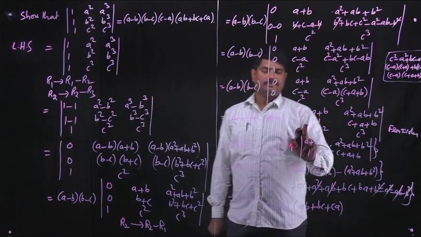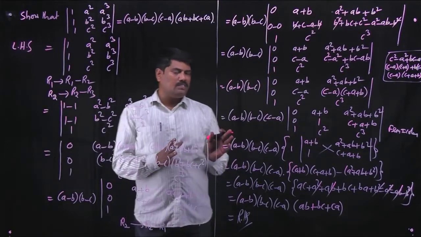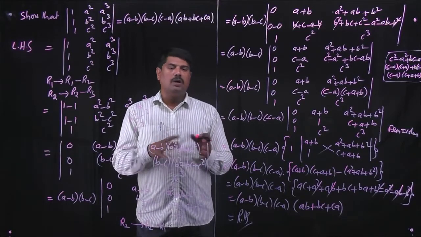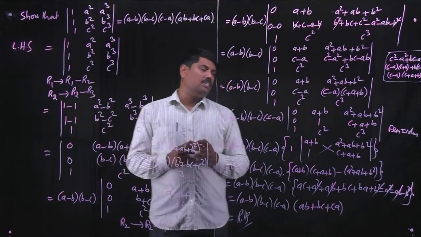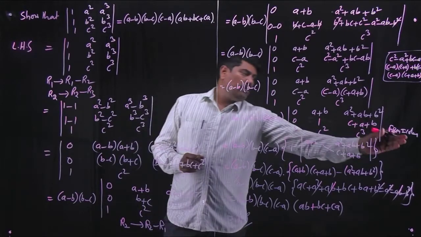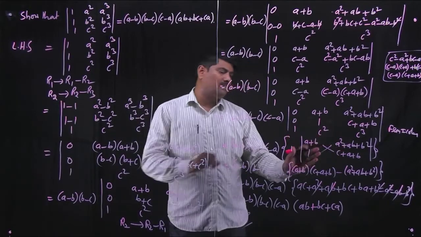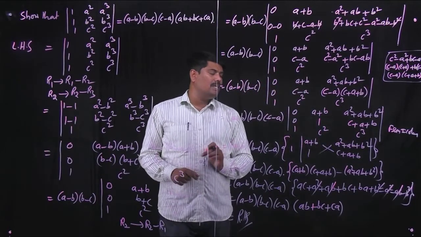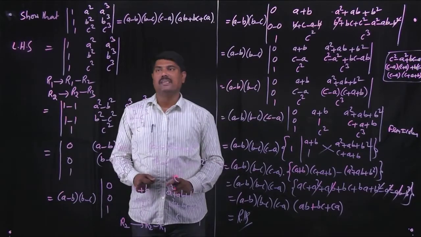Remember, here you have to observe one point. In finding the determinant of a given matrix, you can use the zeros. The number of zeros in a row or column, use that row or column to find the determinant very easily. Here in the first column you have two zeros. So expansion from the first column, multiplying 1 with its cofactor, that is nothing but eliminating 1, the remaining 4 elements are considered, and its determinant is simplified as ab plus bc plus ca.